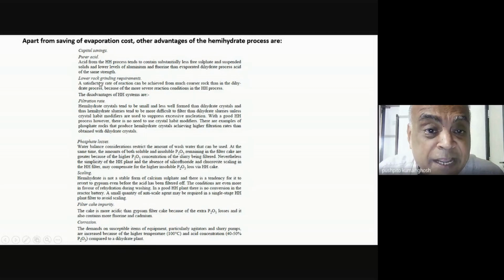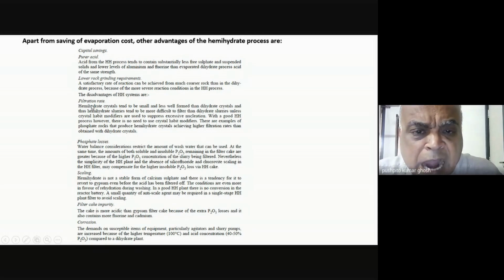The grinding cost will be lower because I don't need to grind it so fine. I'm compensating it with a higher temperature. So these would be two of the very important advantages. The disadvantage could be that the hemihydrate crystals, as I was mentioning, are not as well formed as the dihydrate